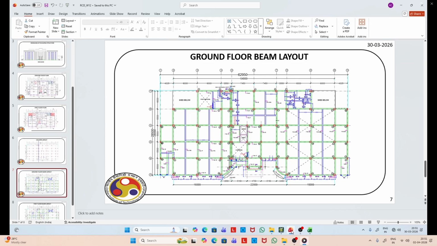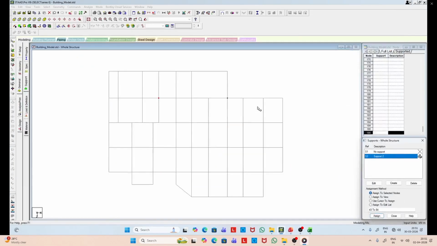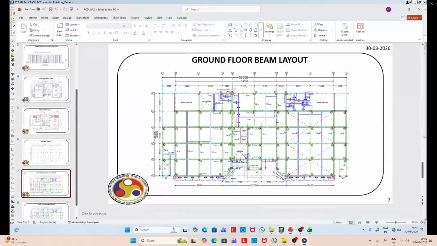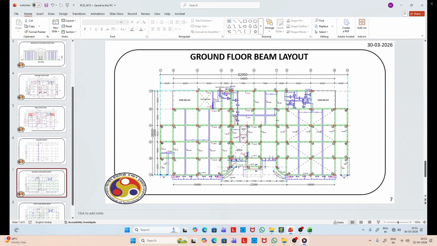In fact, you can repeat the same procedure to create those finer details. That I leave it as an exercise for you. So I'll create this one.